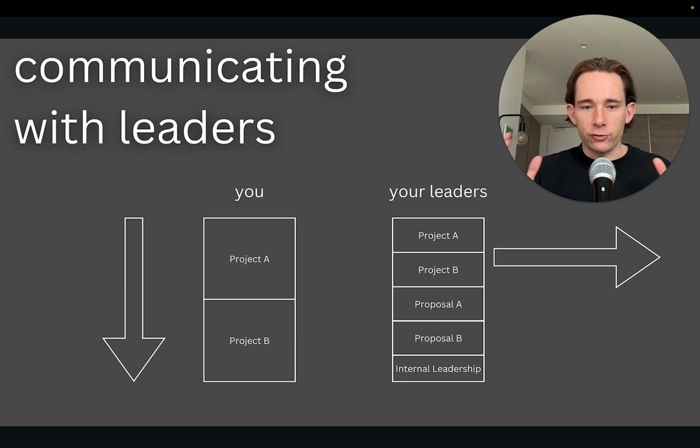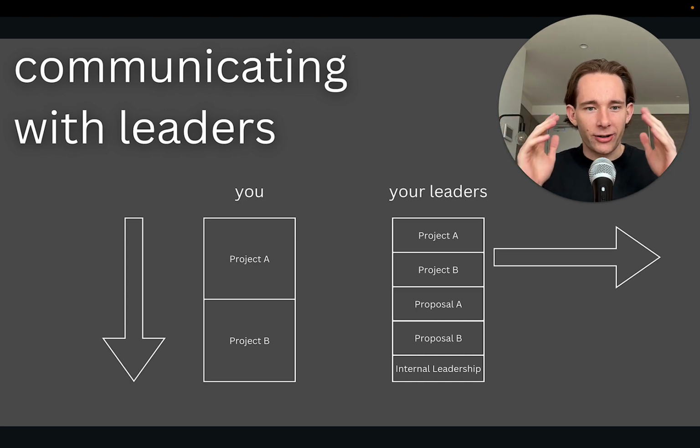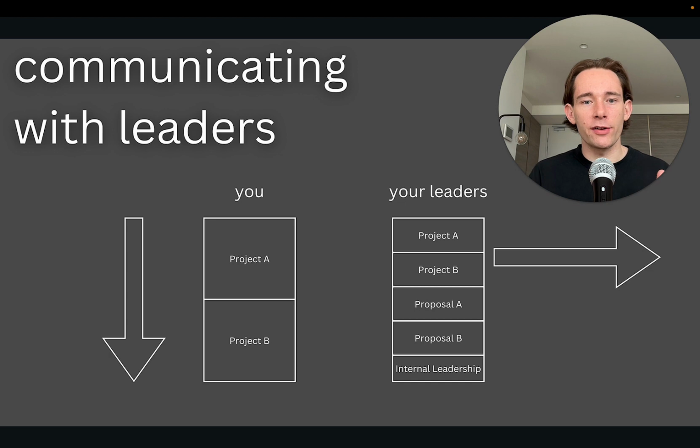If you just dive straight into the detail of the very specific niche question that you're trying to get an answer to from your leader, they're most likely first going, all right, whoa. What project is this? Okay, it's that project. Which stream is this for? Which deliverable does this relate to? What process is this? And they're trying to work all of that out in their head. Meanwhile, you're trying to ask this very specific niche question.